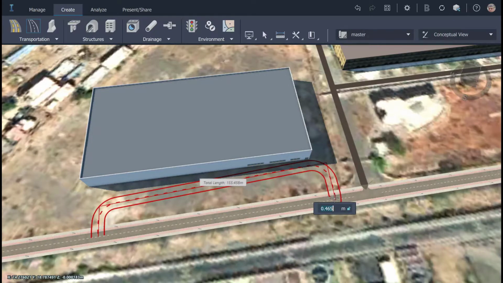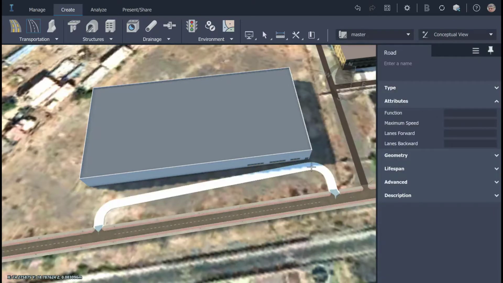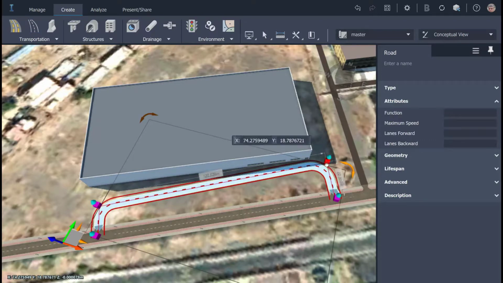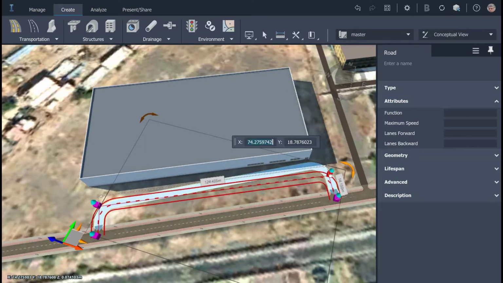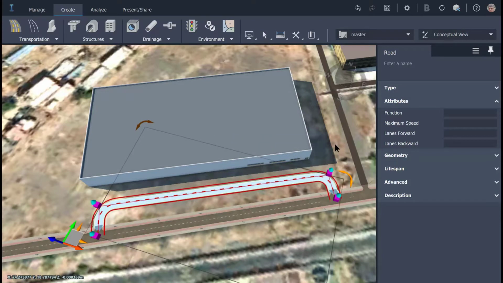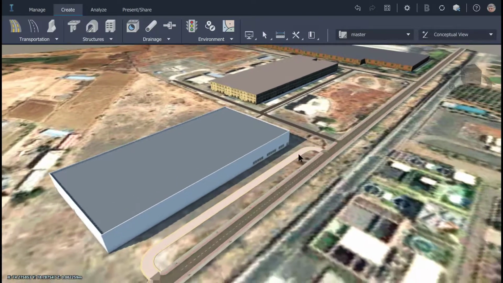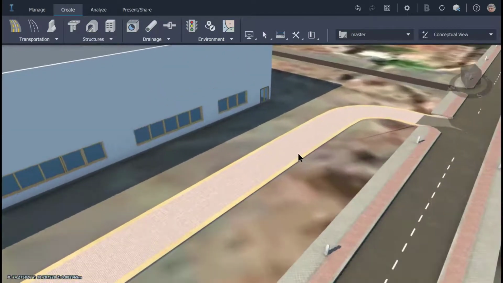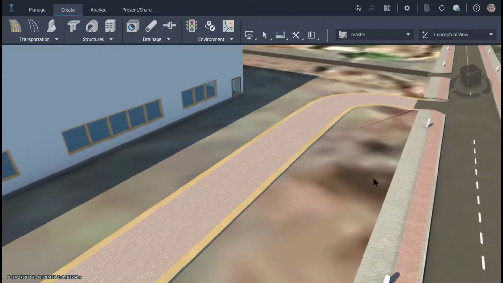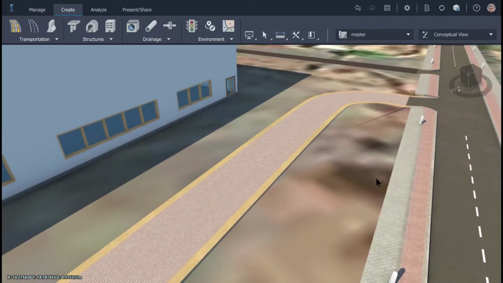And the interesting part is, as I am starting the road from the existing road towards the factory, it automatically connects and creates the relevant features at the origin and at the end of the new road that I have created.